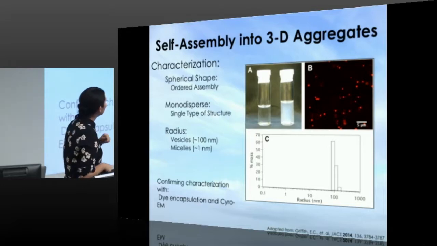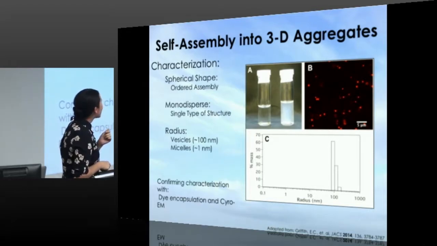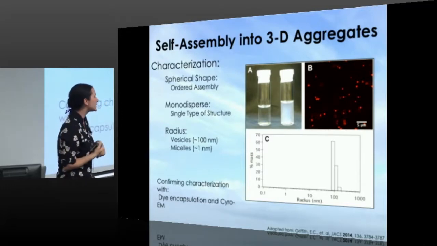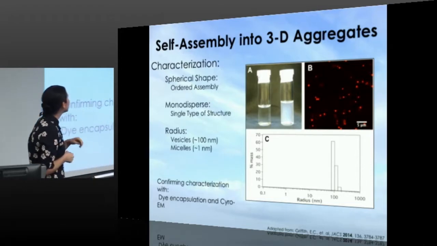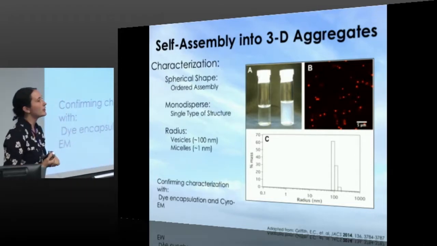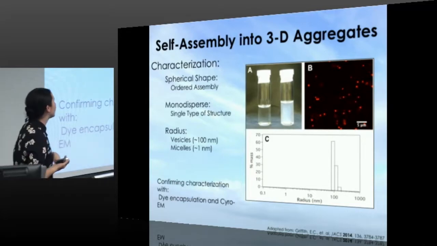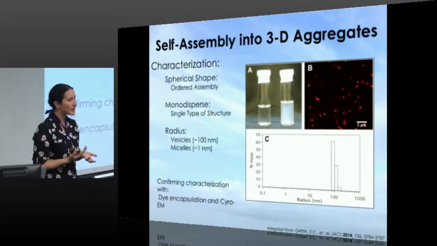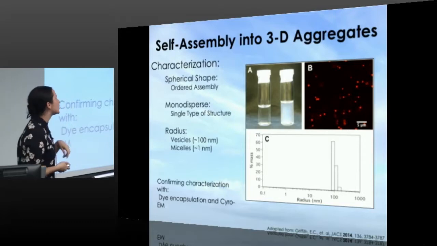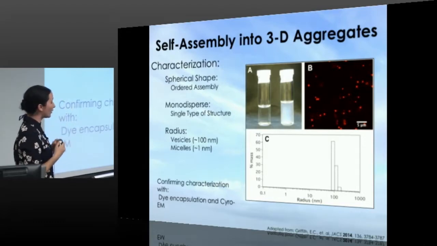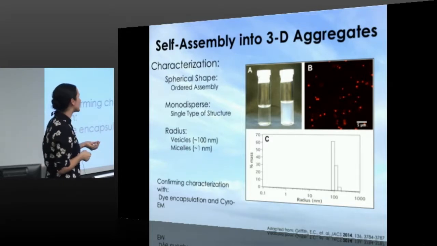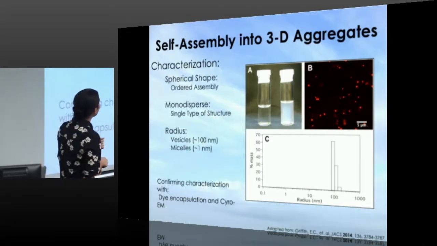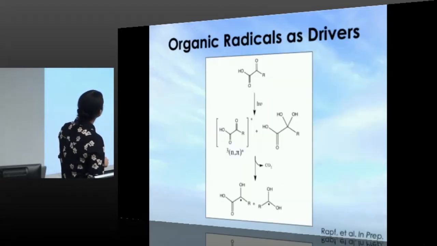And we've done a little bit of initial characterization of these guys. They are pretty monodisperse in size, at about 100 nanometers in radius, and we can tell that they are spherical. So basically, they're too big to be micelles. We haven't definitively proven that they're vesicles, but they're of the correct size to be vesicles. And even if they are just ordered aggregates, that's a really interesting phase of self-assembly to get something that's so monodispersed in size. So we're still working to characterize this, but in the next couple of minutes, I want to talk about this